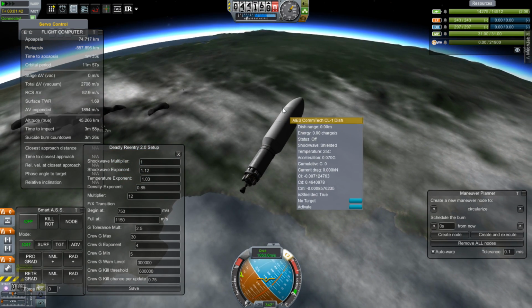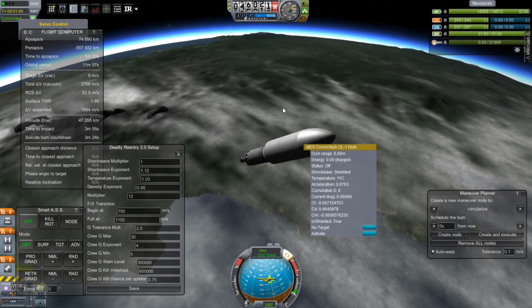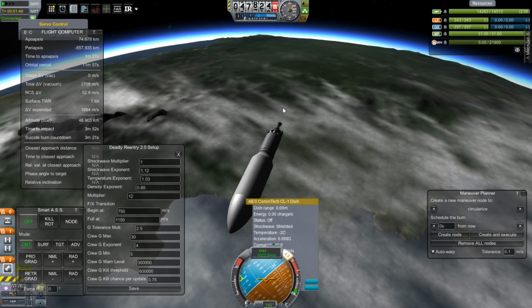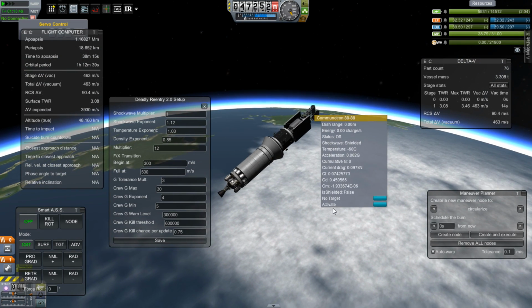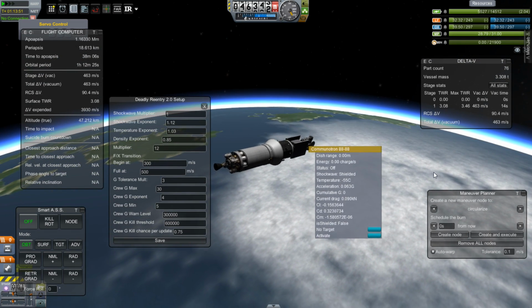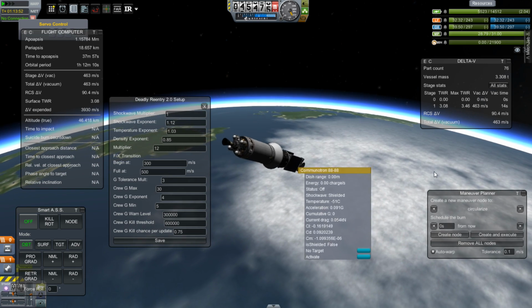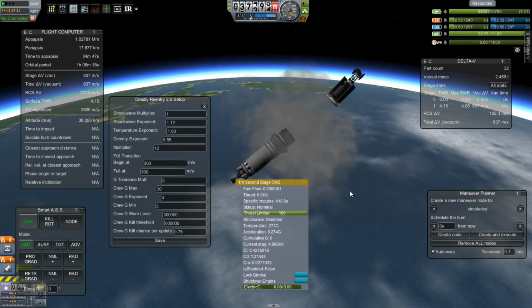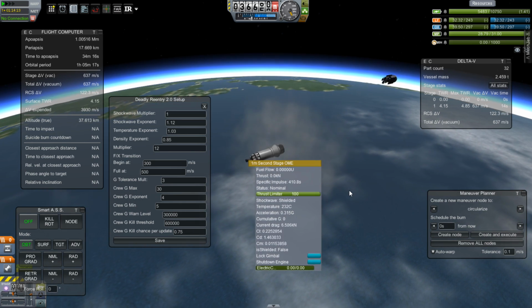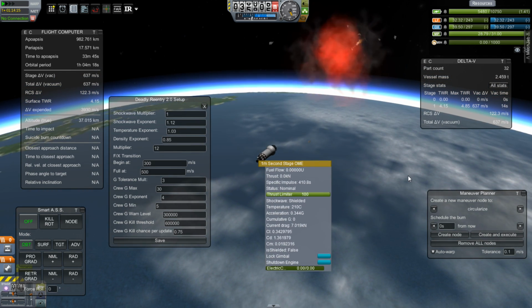Notice when we decoupled the upper stage, it just started flipping around. I'm not sure at this point when I was making this what I was going to do about that, or if it was some mistake I had made, maybe drag values weren't right, I don't know, but at this point I was still working just on deadly re-entry. So here I decoupled the upper stage because I wanted to see what would happen as it tried to re-enter,